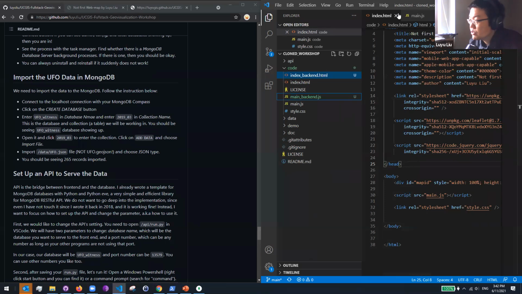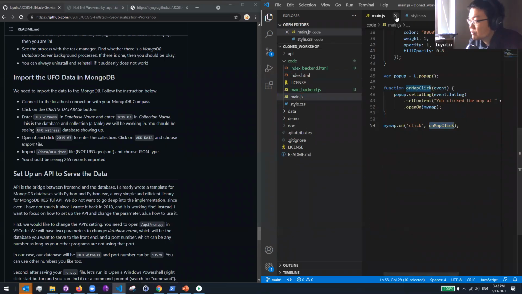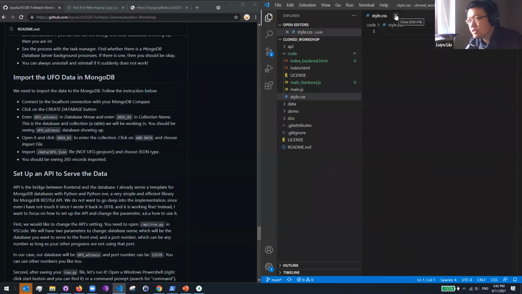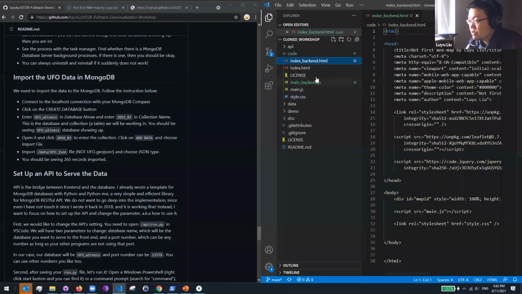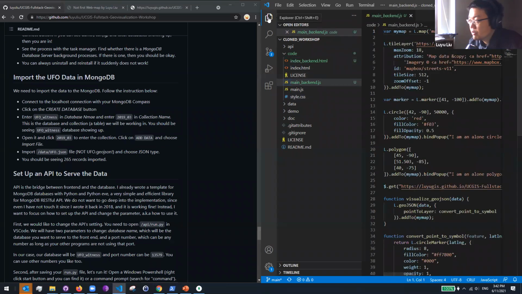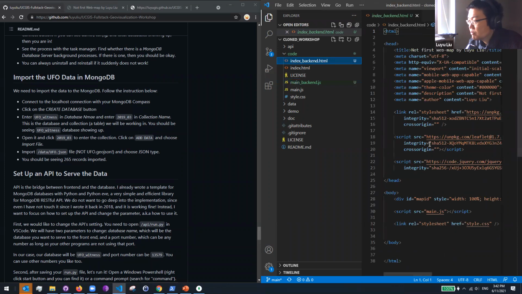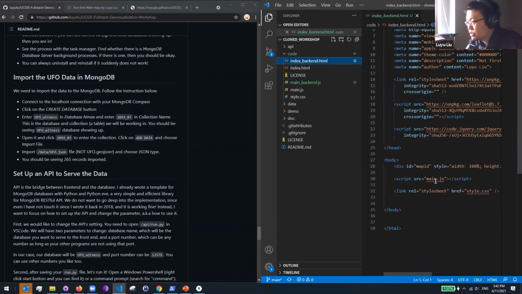So now what we want to do is close all of these. As long as you're saving, do not worry about it going anywhere. It's just to stay as these code things, right? So now let's open up the backend versions here and here, right? So let's first open the index.backend HTML, because there is one thing we want to change, which is the